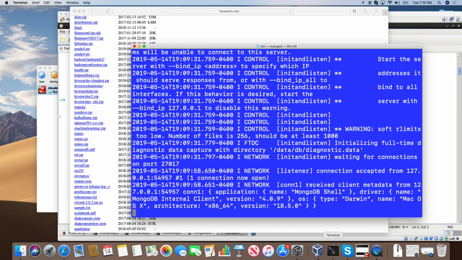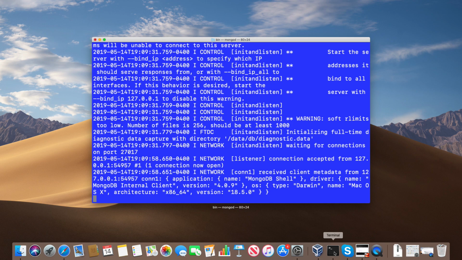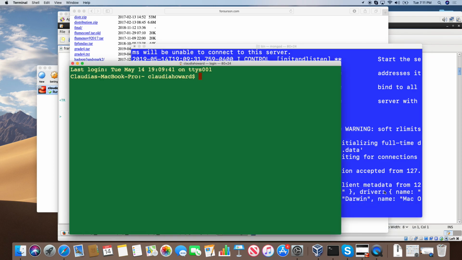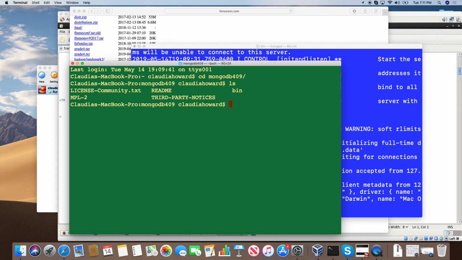What I'll do is open a new window. Java is there, because remember, in the MapReduce session we have installed it. So cd MongoDB 409. Inside this directory, I am going to copy my code,